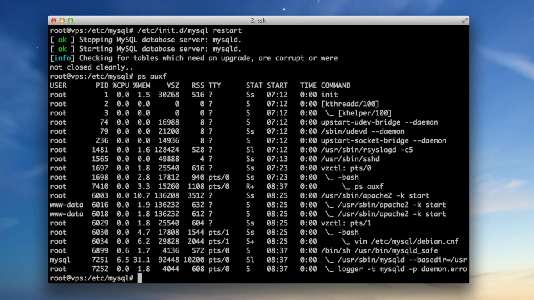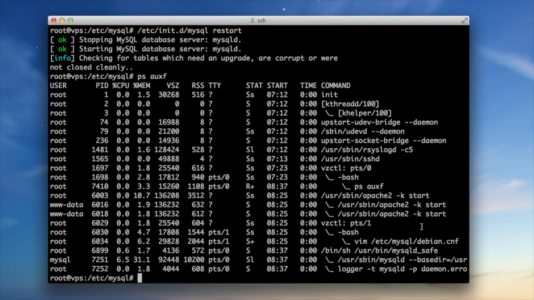Checking if everything works fine. Yes, MySQL is running. Is MySQL safe? Of course. Apache with 2 processes. Okay, running Apache on such a small server is not a good idea. The better idea is to run Nginx, Lighttpd, or anything else, and running PHP as a module for Apache is also a bad idea because every possible request will consume more memory, because this module for PHP is loaded for every request. It doesn't matter if you hit a PHP file or JavaScript or CSS or anything else,